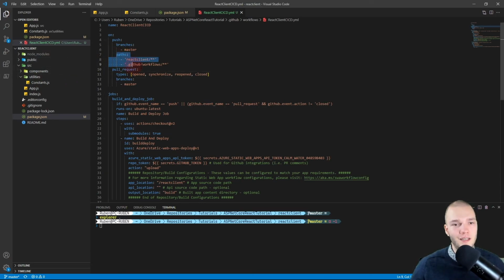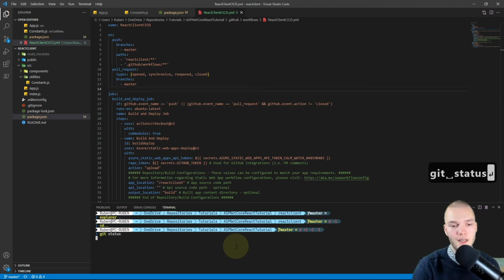Again, make sure the indentation is correct. I had some frustration from that in the past. Right, so that's all the changes I wanted to make for the React client. So let's commit that again and push it up to GitHub and see if it works now. In the terminal, I'll go up one folder using cd ..